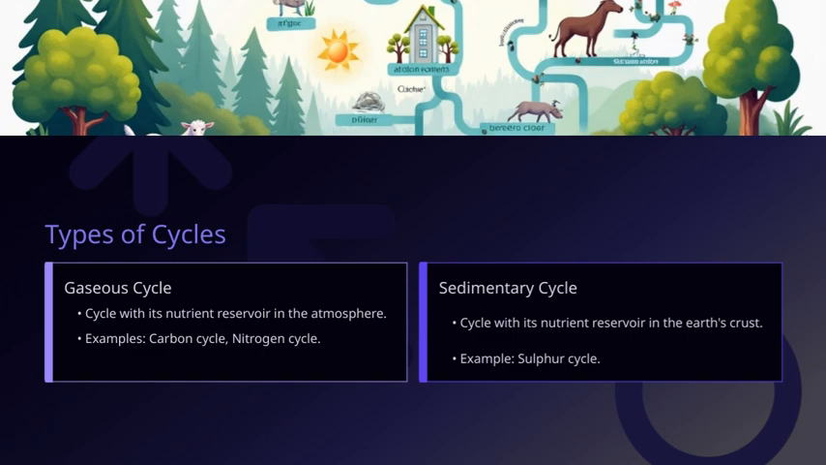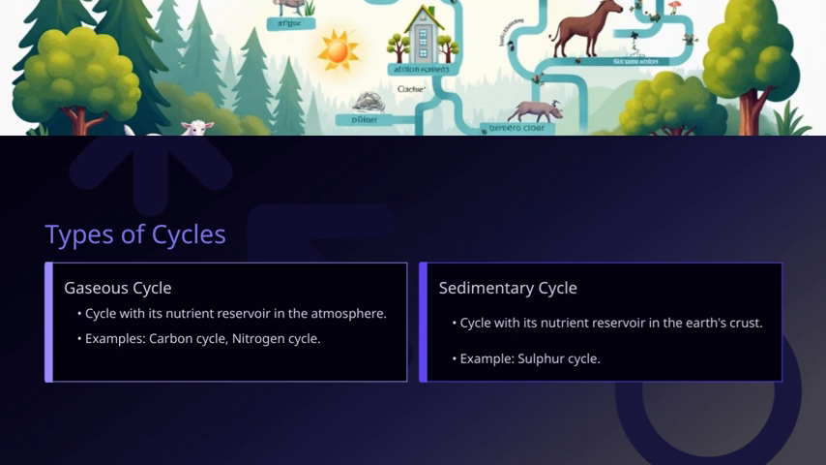These are examples of cycles where the nutrient reservoirs are mostly in the atmosphere, such as carbon dioxide and nitrogen gas. These cycles are crucial because they help regulate the levels of these gases in the atmosphere and ensure their availability for living organisms. Finally, when we talk about the types of cycles, it's important to understand that some nutrients